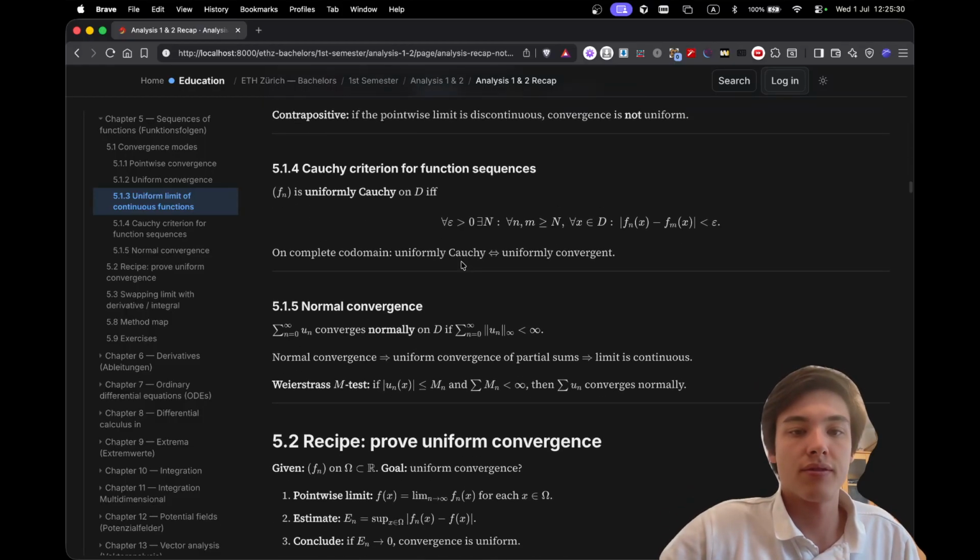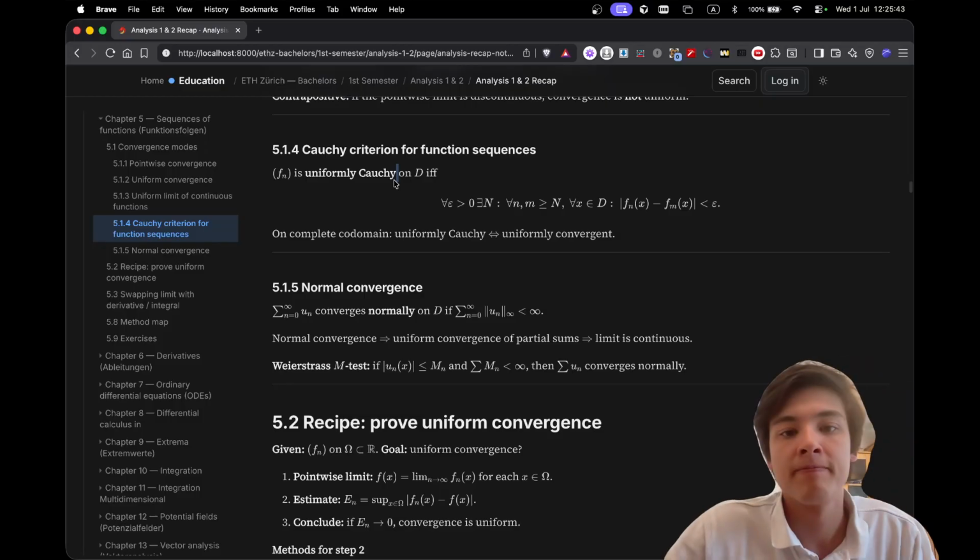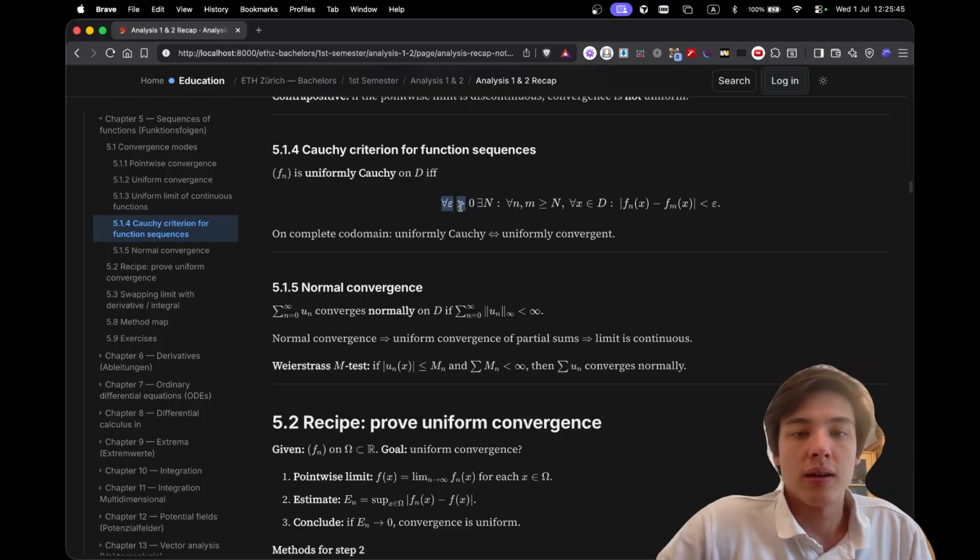Cauchy criterion for function sequences. fn is uniformly Cauchy on D if, for all epsilon,